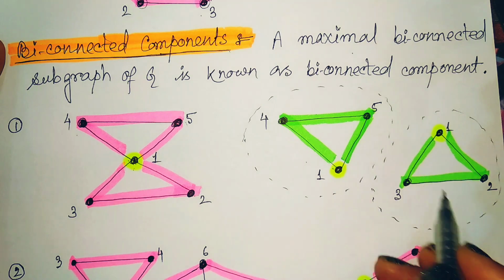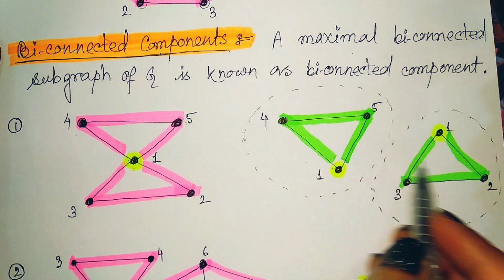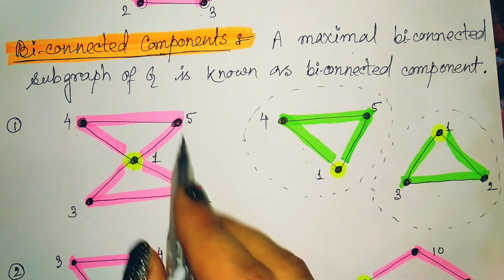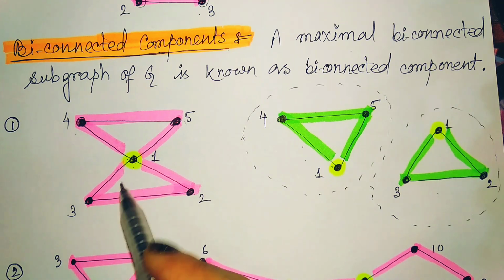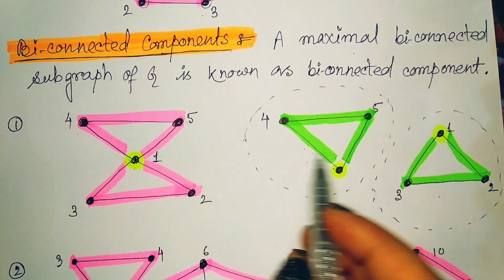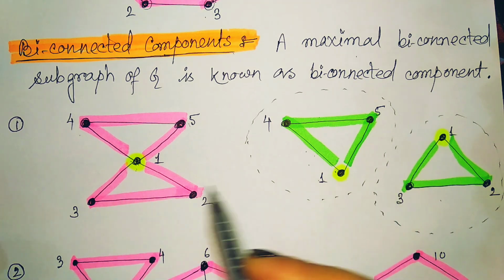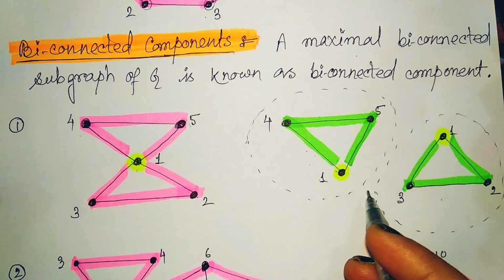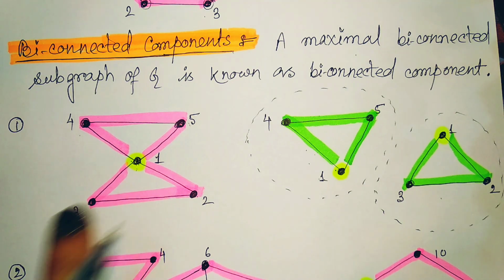So if one is the articulation point, then we can separate these two blocks. This one vertex is common to this block as well as this one. So this component and this component both share the vertex 1, but no edges are common to them. So in a biconnected component, whatever different blocks we can find out are individually biconnected components, and each component is a biconnected graph. Biconnected components never have common edges, but they may have common vertices, and those vertices will definitely be the articulation points for the given graph G.